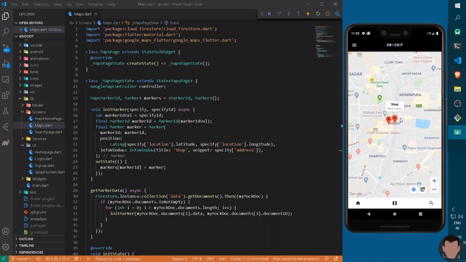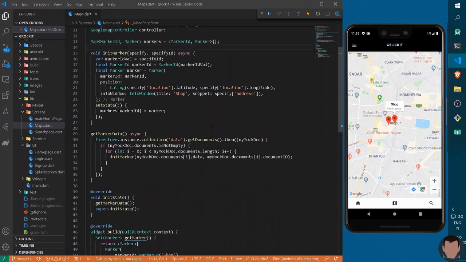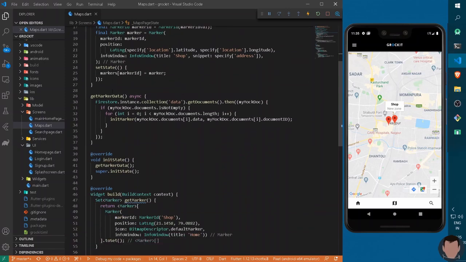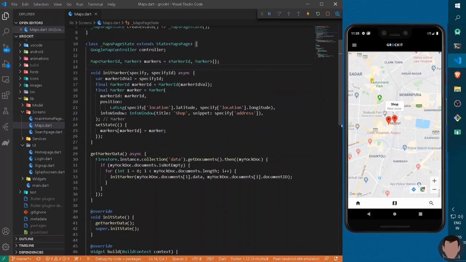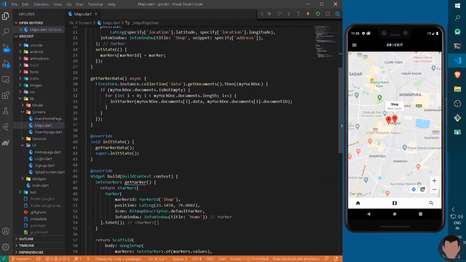And similarly from here I have this address of new zone as well as a title to it, that is shop. So in this way you can link your marker with your Firestore just by initializing the Firestore data itself and making an init marker method to fetch the markers from the Firestore itself, and similarly overriding the following method in our init state method.